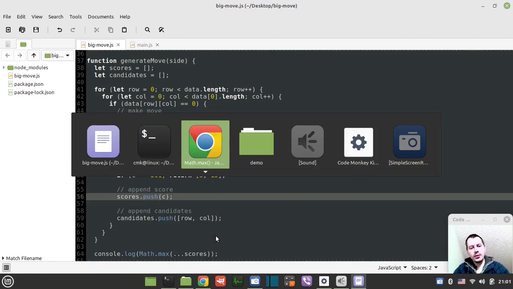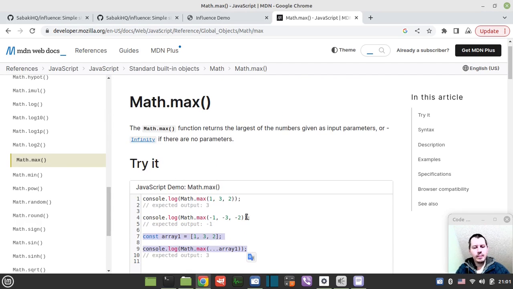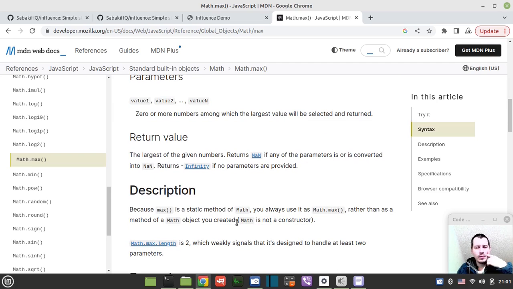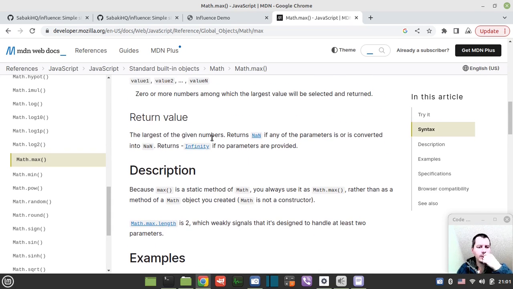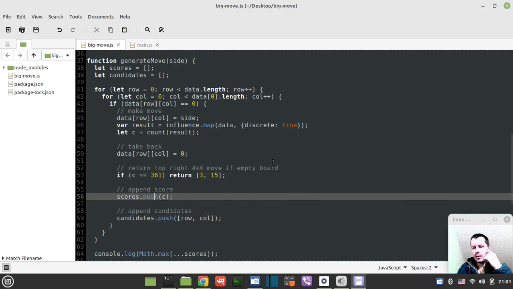and does this max actually return the largest of given numbers? Okay, it just returns the largest number. I'm interested in the index. I am interested in the index. So yeah, I need to think, how can I make it